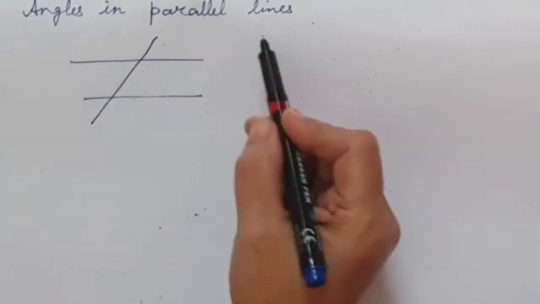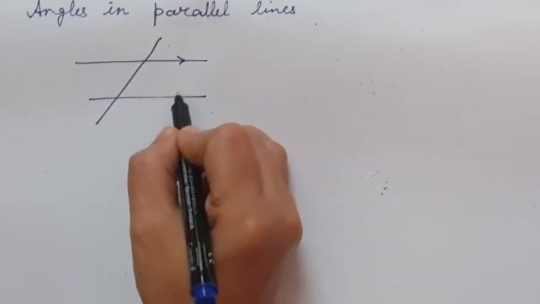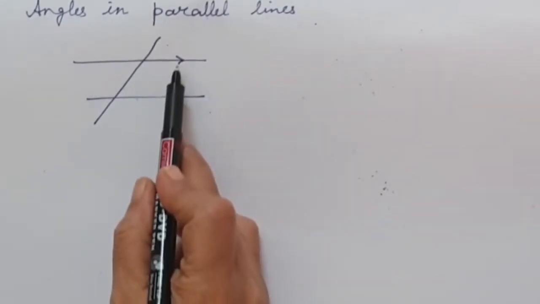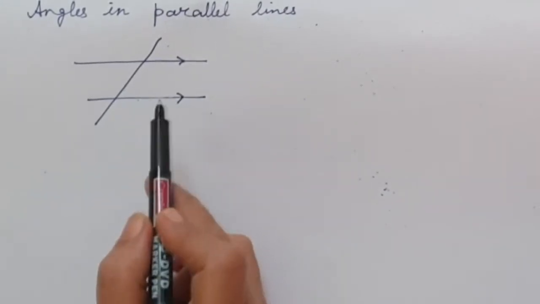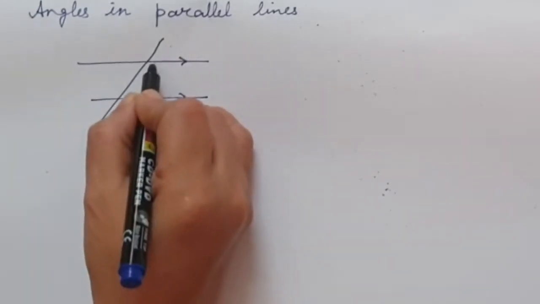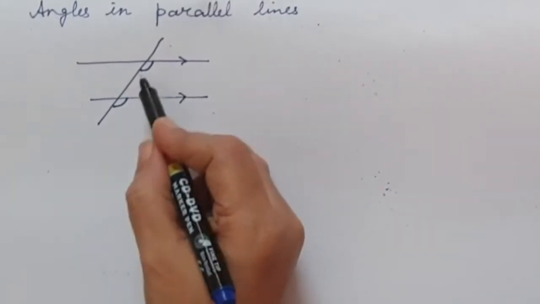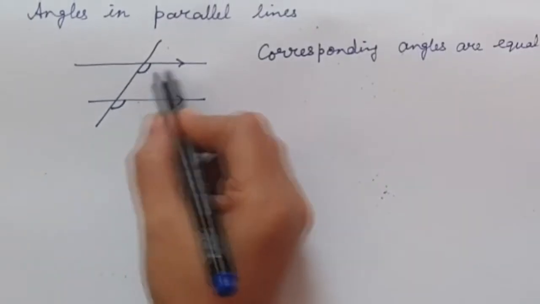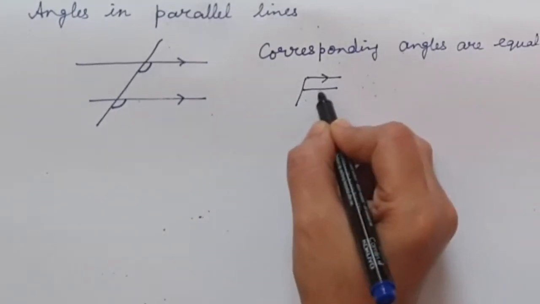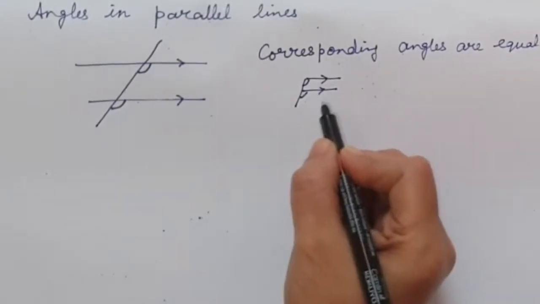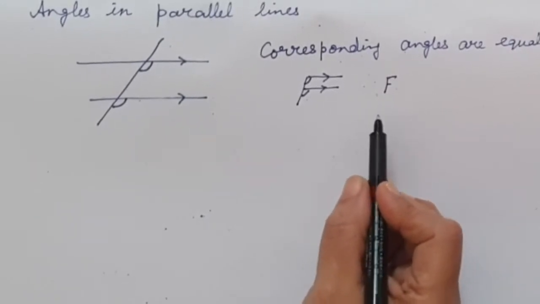Now the next thing, angles in parallel lines. These two lines are parallel. Generally, parallel lines are represented with arrows. Even when they don't mention it, if these two arrows are present, then we consider that these two lines are parallel. So now, when we have this angle and this angle between the parallel lines, these are called corresponding angles and they are equal. If you notice, these corresponding angles form the alphabet F. These two are parallel lines, and this angle and this angle form an F. Corresponding angles are equal and they form an F.